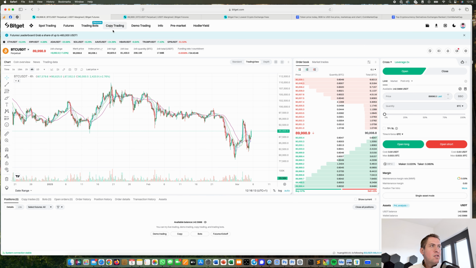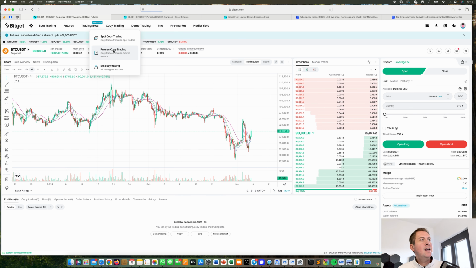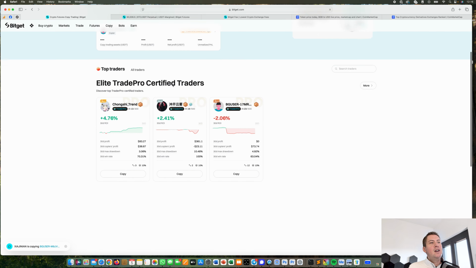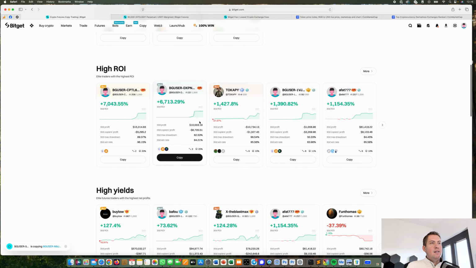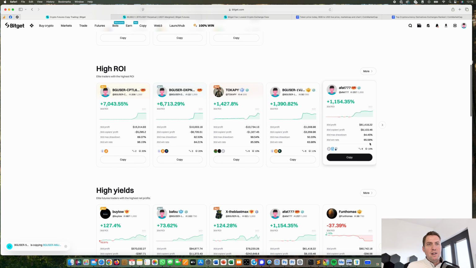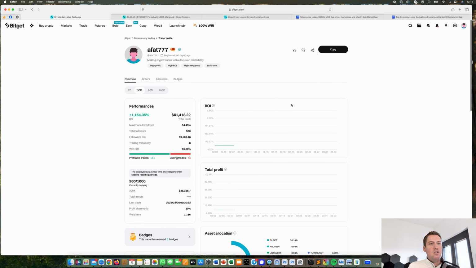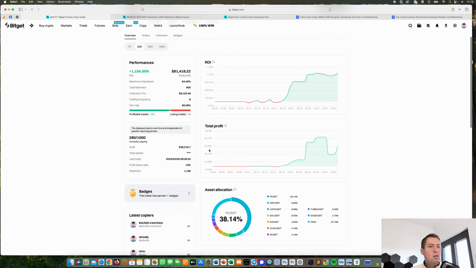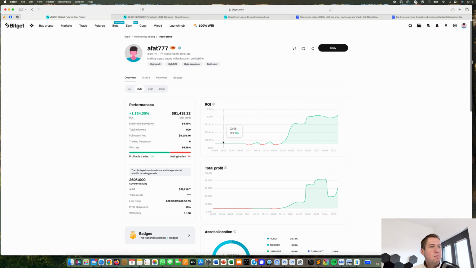And one more thing, you can also do copy trading here and automatically copy other traders. So you could pick one. For example, him, you can see his trading performance for the last 7 days, 30 days, 90 days, and so on. You should always look for someone who's going up slowly and doesn't go up like this because he got lucky just one time. You should look for someone who has a lot of successful positions,